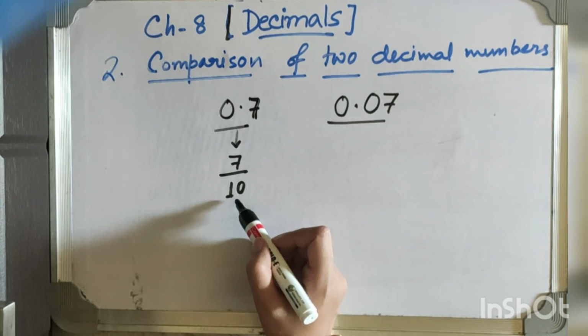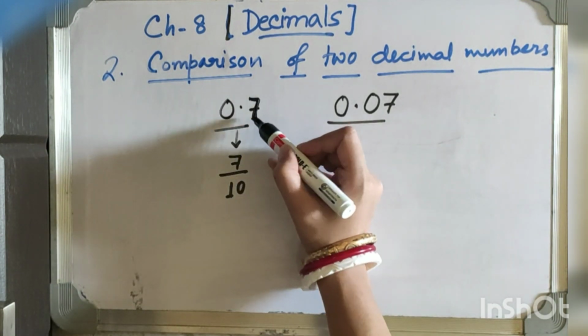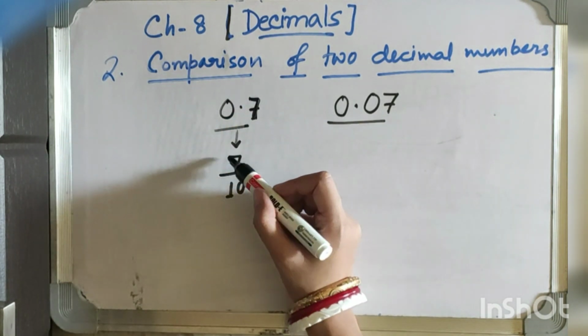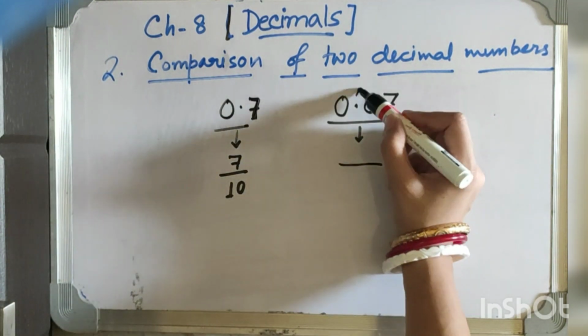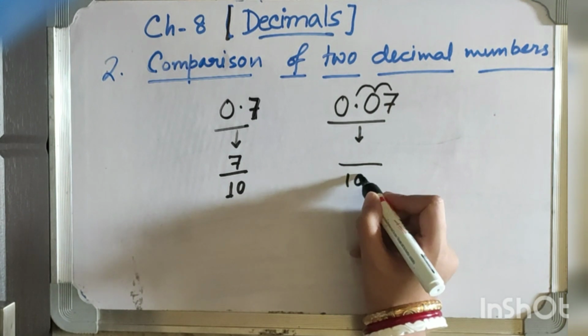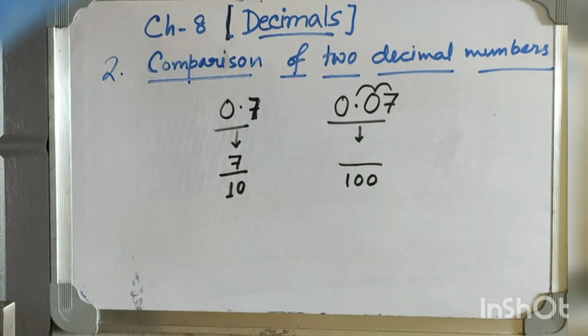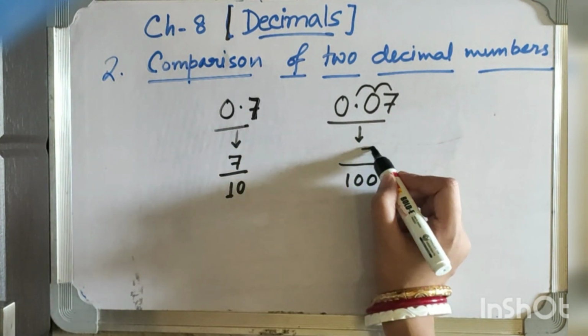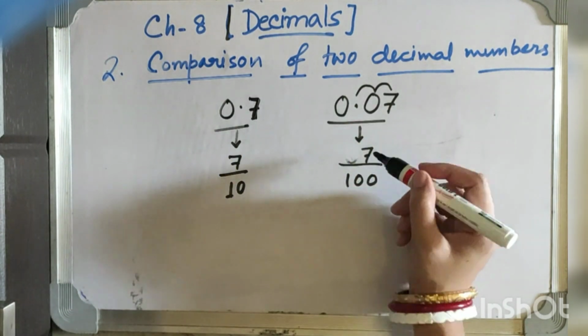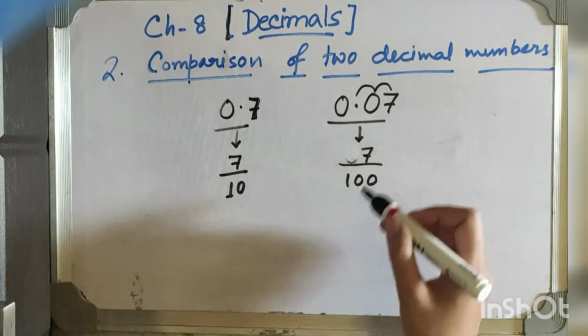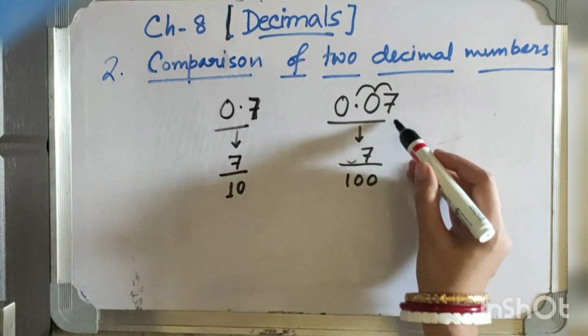So we have got 10 as the denominator, and the number which will be placed here will be placed as the numerator also. And here also we can say that we are getting 2 places. So here as the denominator we will get 2 zeros after 1. So we have got 100, and the number 7 or 07. Since this 0 is not valid at all, that's why I am not writing 07. I have written only 7. So 7 by 100 is the fractional form of this decimal number.